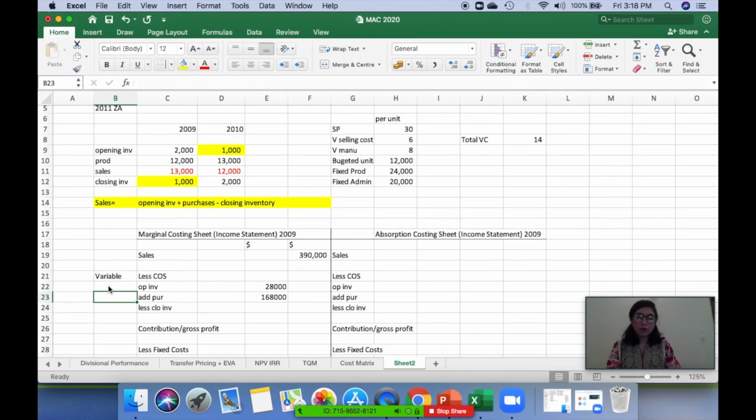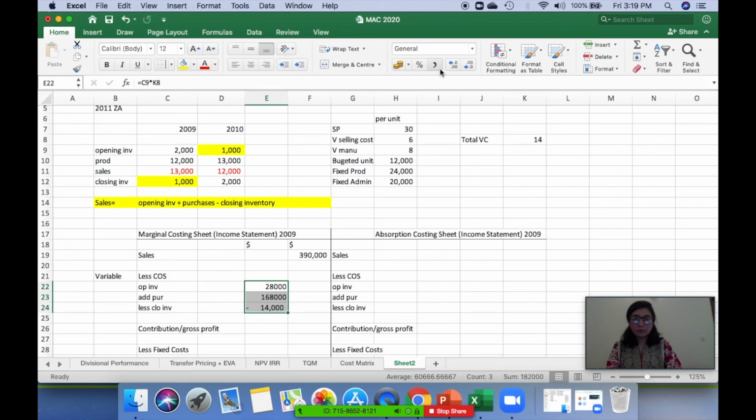And bringing the cost matrix back into your mind, you remember that variable costs are both direct and indirect. So here variable manufacturing cost was direct cost. It was a combination of material and labor. And variable selling cost was indirect variable cost, which was a part of variable cost, but it was indirect. It was an overhead. But marginal costing states that all variable costs must be used to value cost of sales, right? Then we have less closing inventory. So I'm going to put a minus sign with it, right?